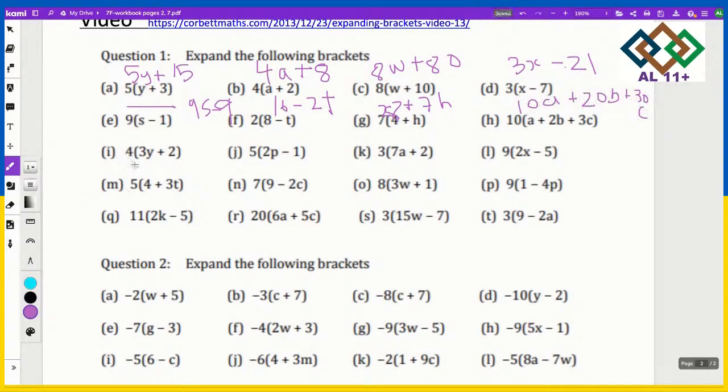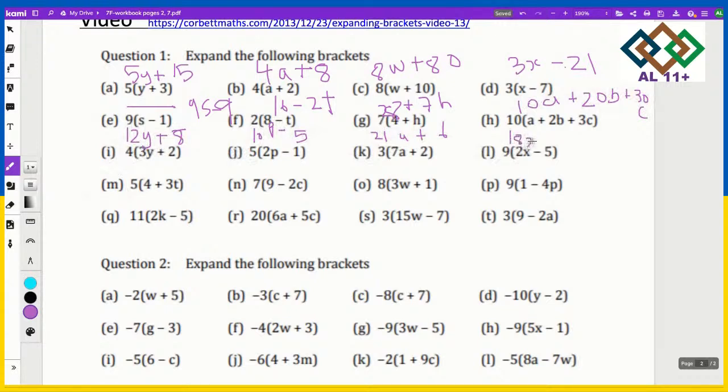Now you have I, that is 12Y plus 8. Then you have J, that is 10P minus 5. Then you have K, that's 21A plus 6. Then you have L,